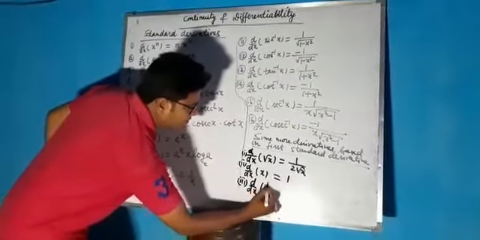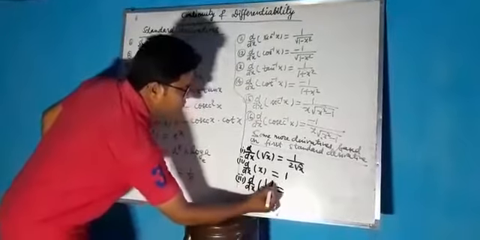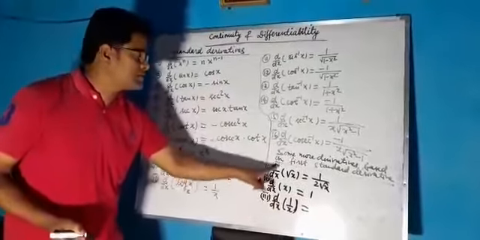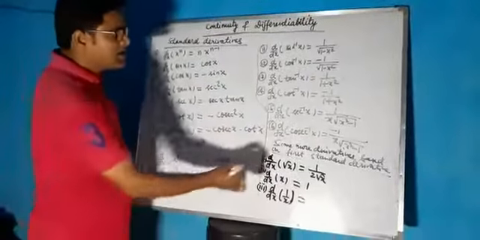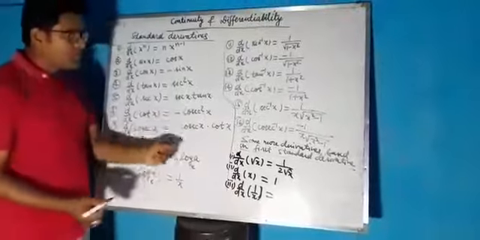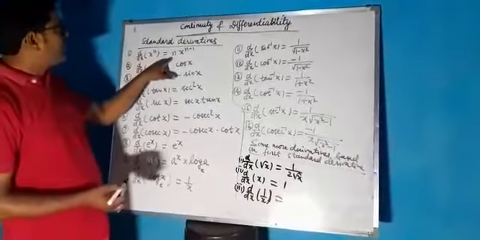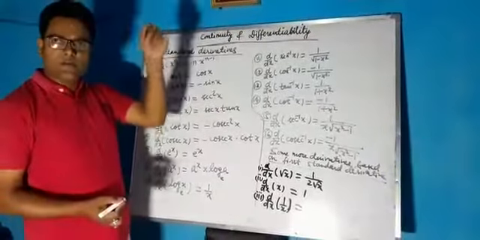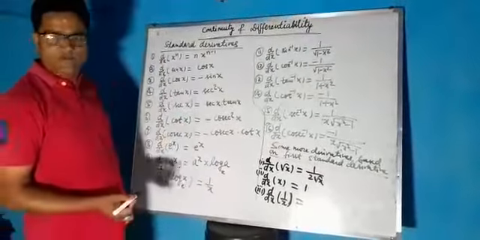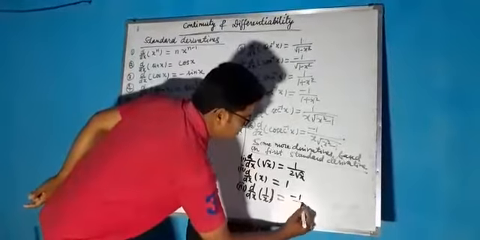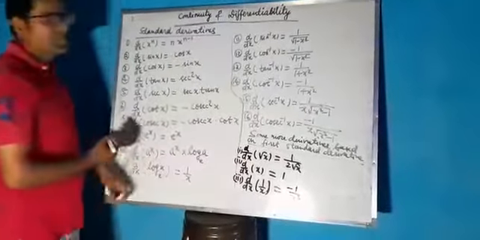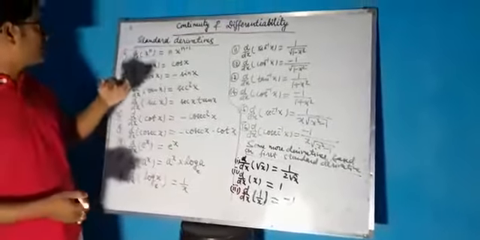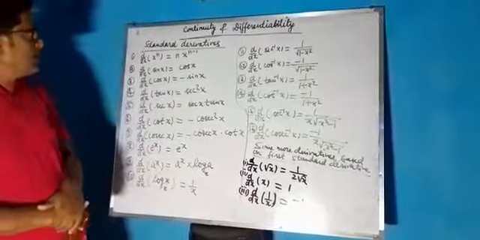Derivative of 1 by x. Maximum students are confused in this type of concept, so that's why I am utilizing it as a substituent formula to the standard derivatives. Derivative of 1 by x. Again, can I write x to the power minus 1? So minus 1 into x to the power minus 1 minus 1, so x to the power minus 2, that is 1 by x to the power 2. So can I write minus 1 by x square? So it is minus 1 by x square. In this way, these three will help you a lot in solving questions based upon derivatives.